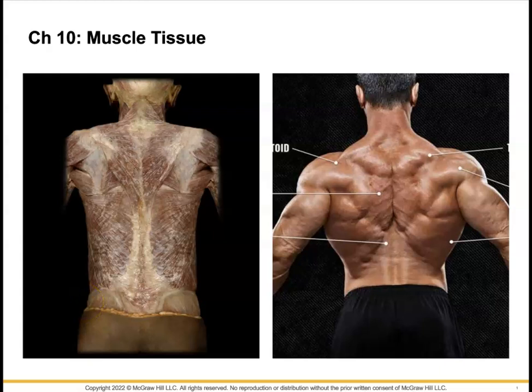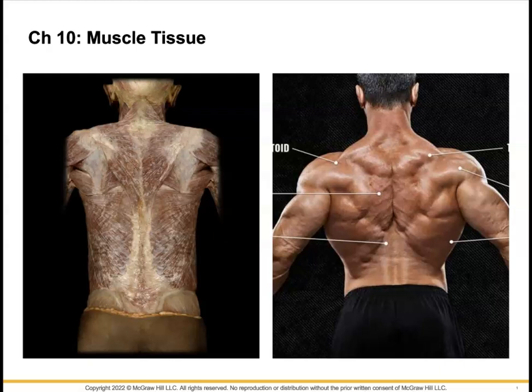In this chapter, we're going to examine muscles, muscle tissue, and the different types. When you look at the two images I have here on the introductory slide, on the right side, you see an image of a man that has obviously been doing a lot of exercising, lifting weights, and developing these muscles over what you normally see on the average person. Now, if you look at the image on the left, you'll see that the skin has been removed. So we've taken off the superficial layers so you can actually see the position and the appearance of these muscles